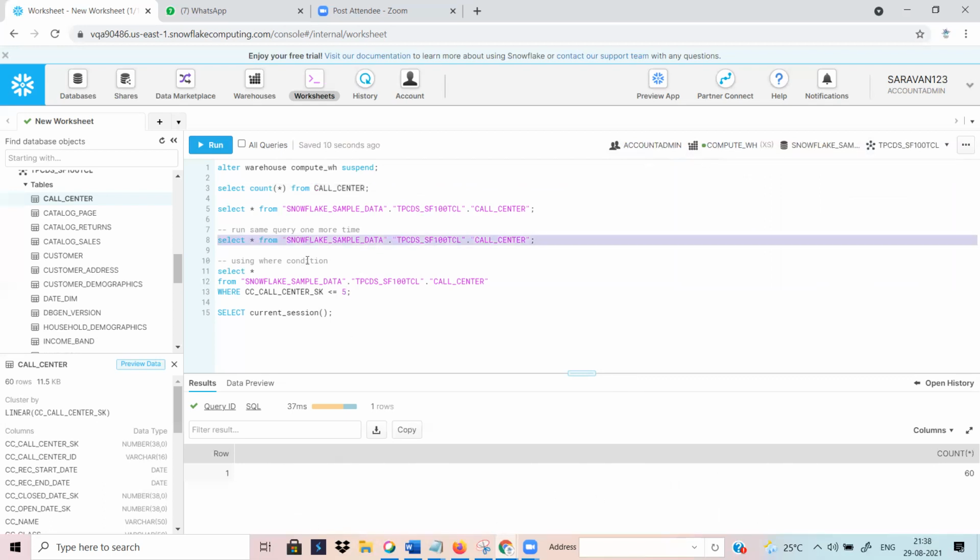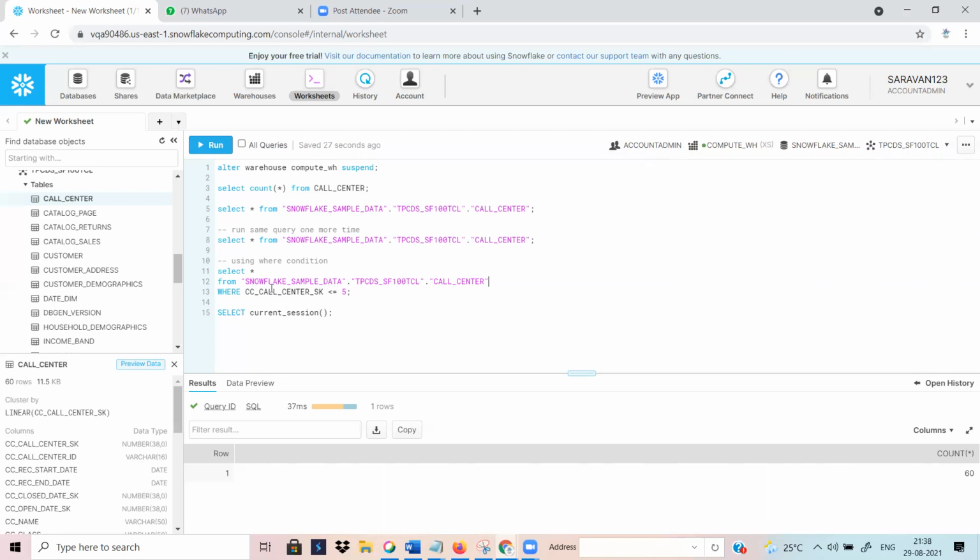So basically, what happened here? You are just passing the where condition. You are running this query on the same Snowflake sample data, the same schema, and call center is the table.